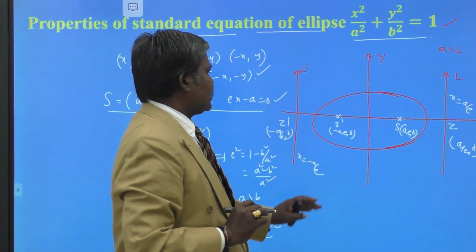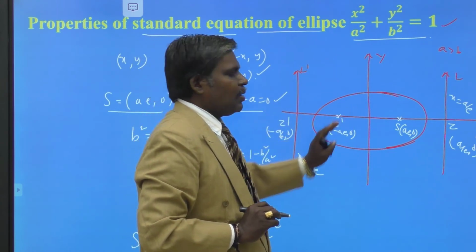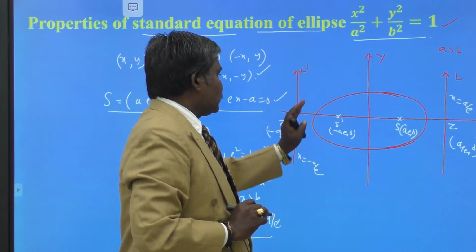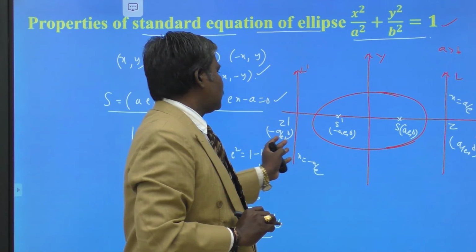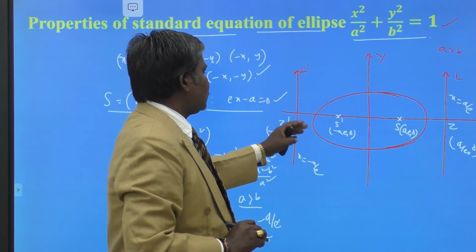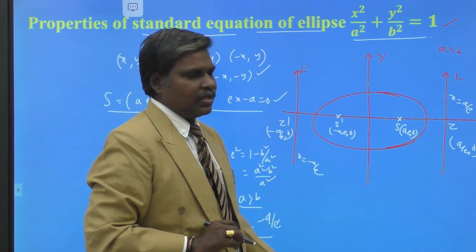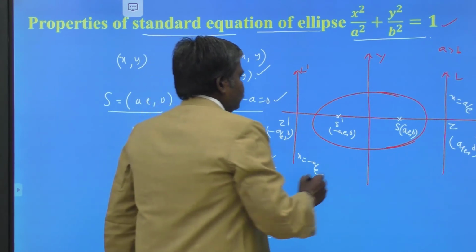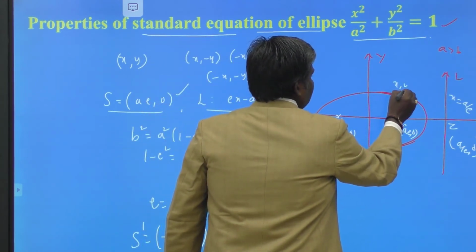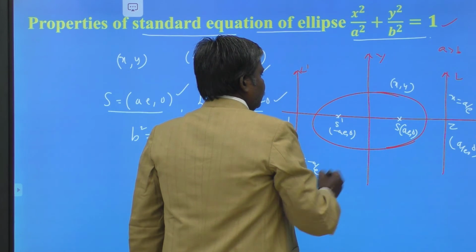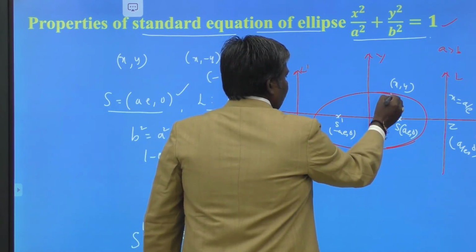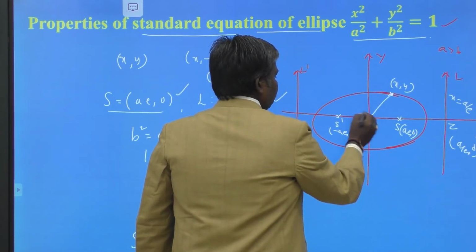So, up to now we discussed that the ellipse is symmetric about both the x and y axis. The curve is symmetric about the y axis also. Therefore, there exists another focus and another directrix. Understand? Now, again, if (x, y) is any point on the ellipse, if you join that point to the origin,